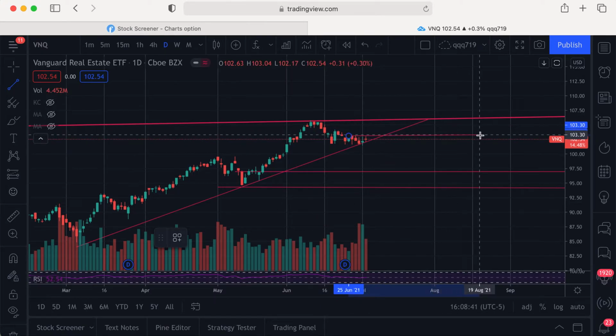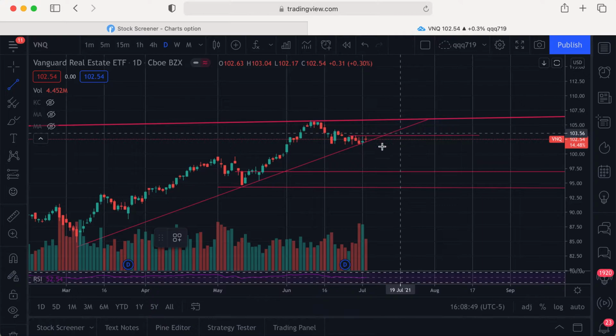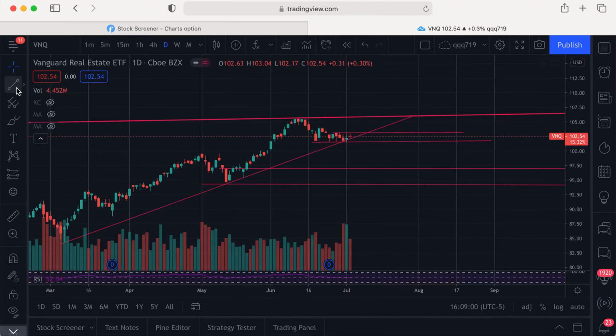103.25 right here. If we break above here, then it can go back up. So our time will just run out. We'll just lose money again. So what we'll do is below 101.50, get in 100 puts, and write it down to